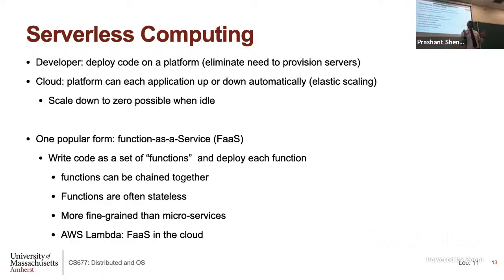So you can think of your code as deploying individual procedures or very tiny services that all talk to one another and build your application. Each service or each function can be scaled up or down independently, depending on how much load it gets. So what serverless computing does is it forces you as an application developer to architect your application in a function as a service model. In the platform as a service model, that was not the case. You could write any application you wanted. You could write Python code. You can deploy it in any way you want. There's no requirement that it has to have any certain architecture or anything like that.